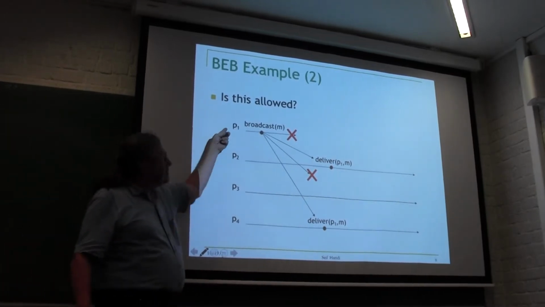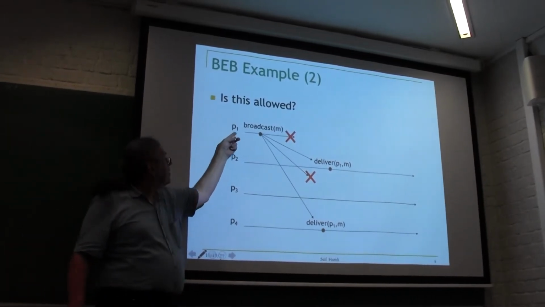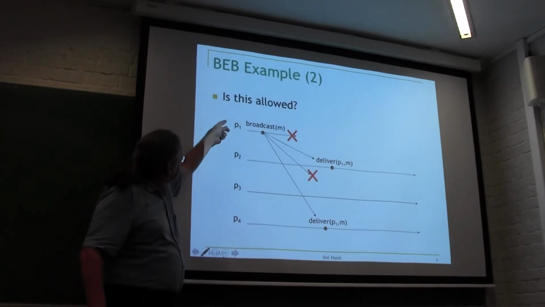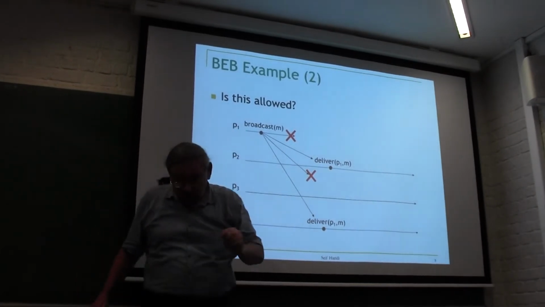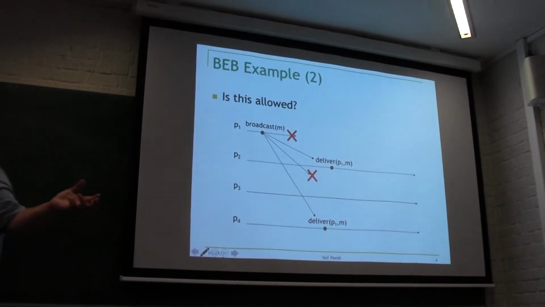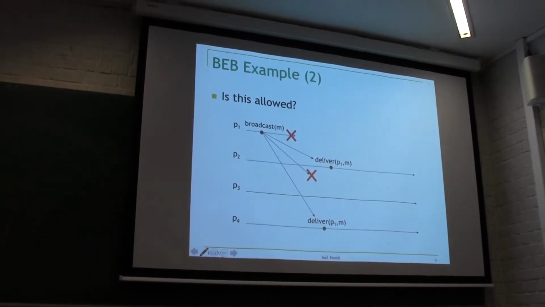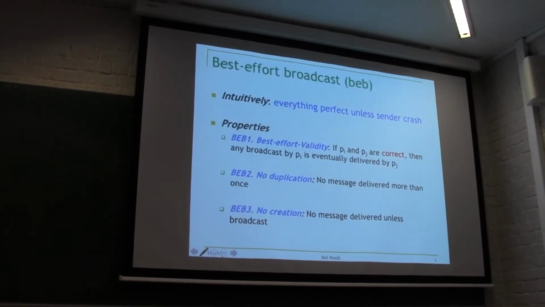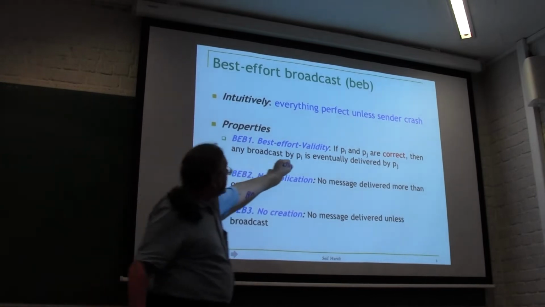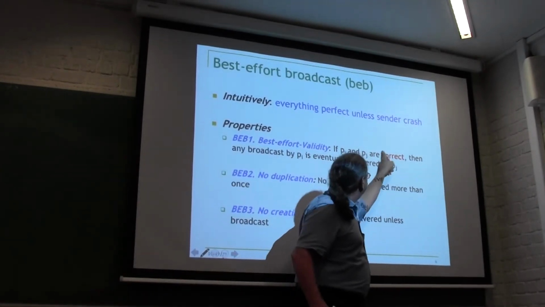And what does that mean? The sender crashed, and we will never know what happened. So you never know. Yes, that's exactly it. If the sender crashes, anything is possible, okay? And if the sender is correct, then everything has to be good. But if the sender crashes, then, and you can see that from here, if Pi and Pj are correct,